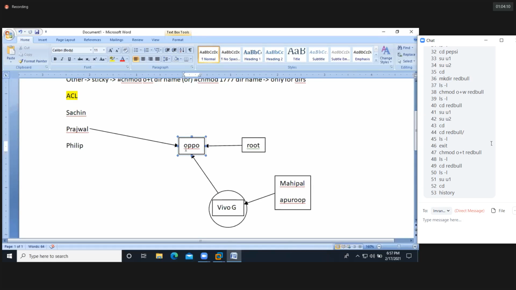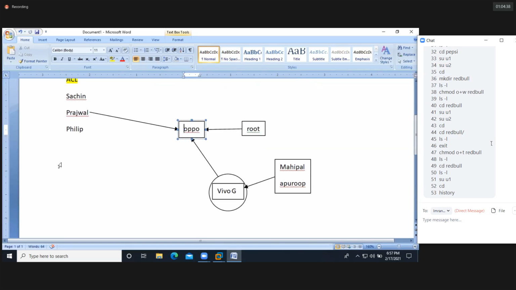We are controlling the access according to our requirement. It may be for files, it may be for directories. Got it? Now, Sachin and Philip, they don't have access to create files and directories inside the Oppo now. How do we provide this access for a particular user account, for a particular group?